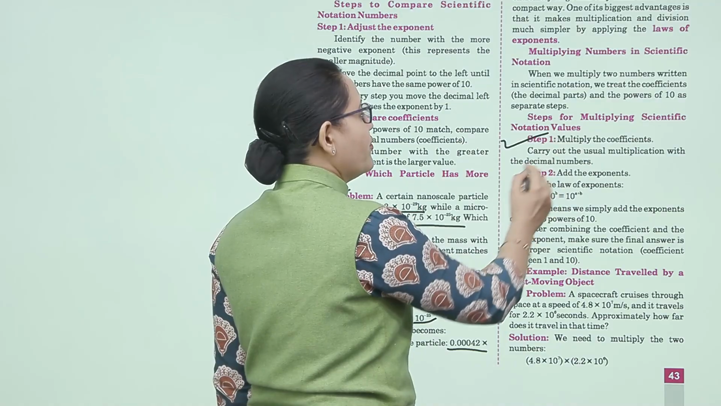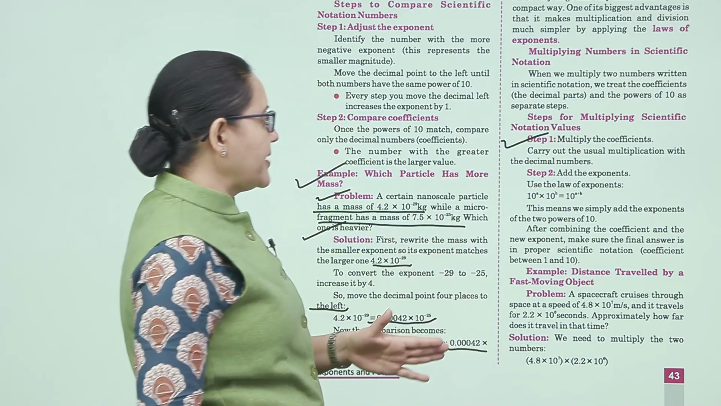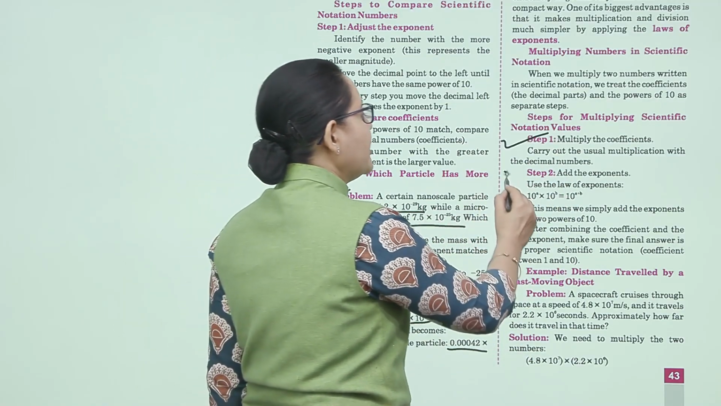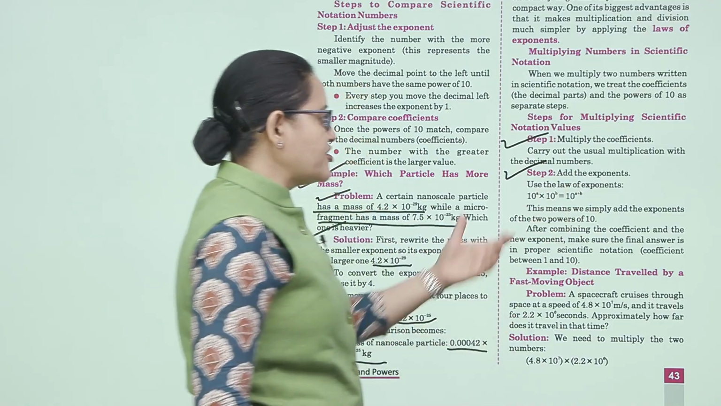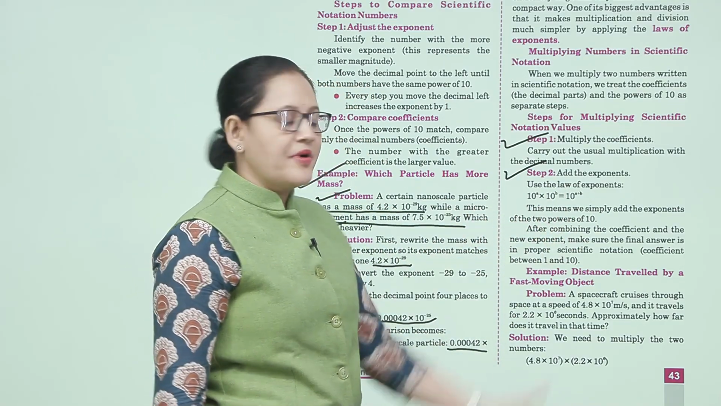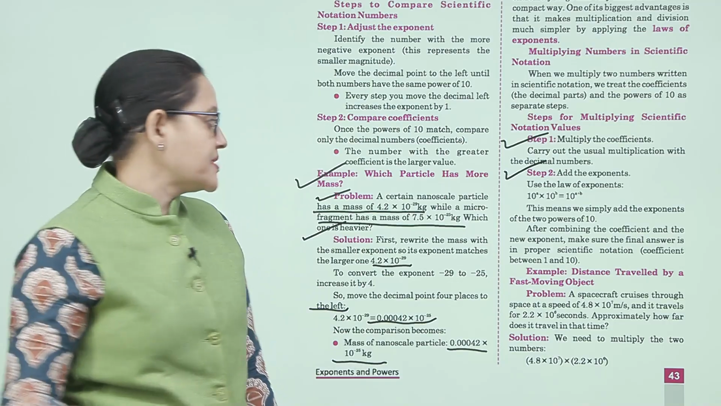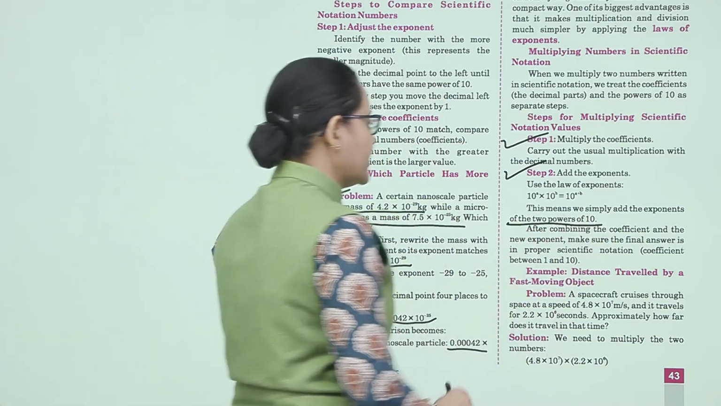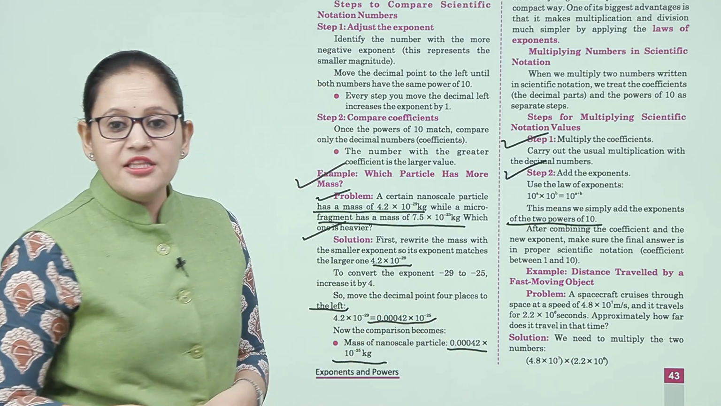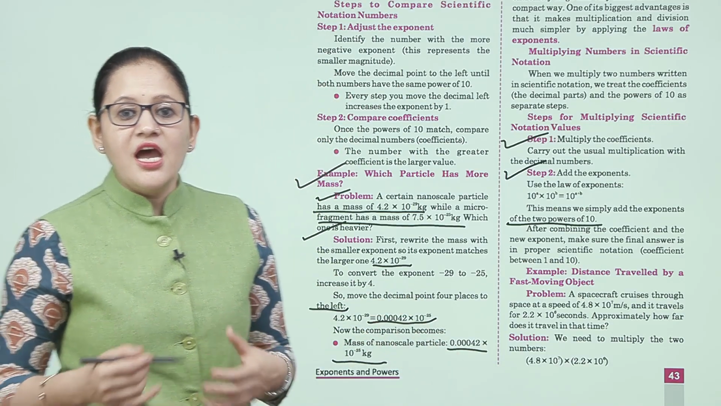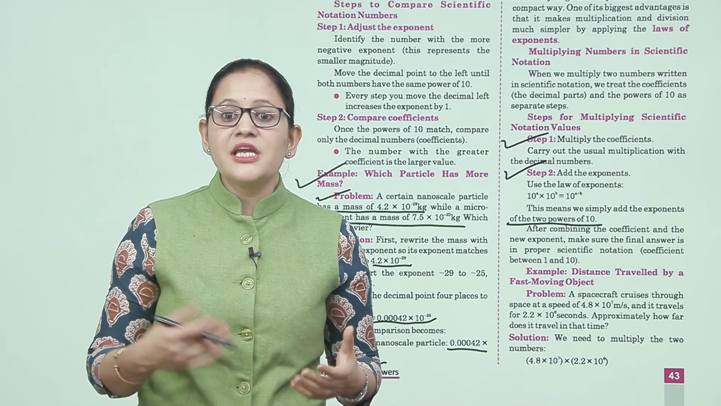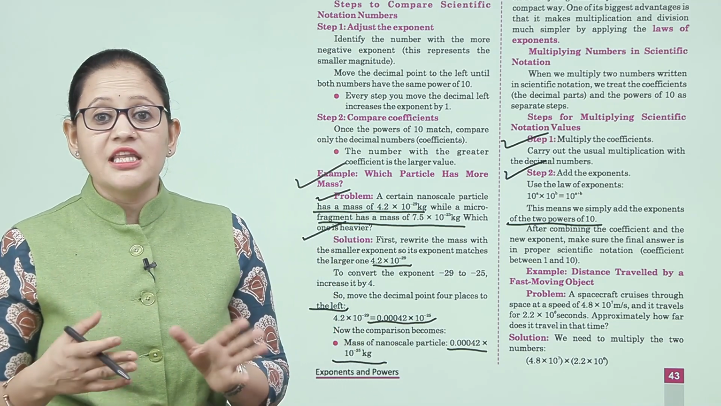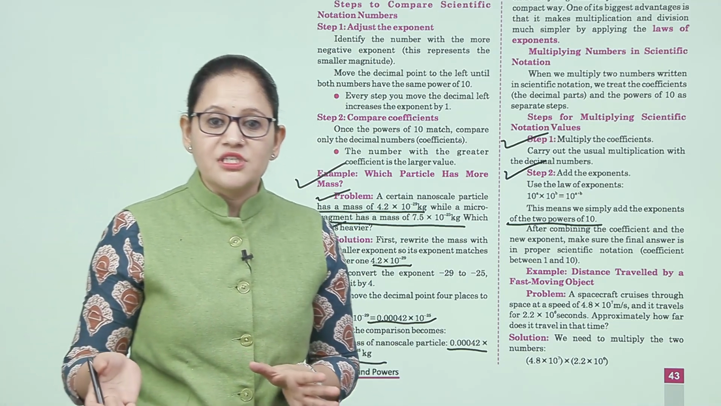Step 1, multiply the coefficients, carrying out the usual multiplication with the decimal numbers. Step 2, add the exponents, using the law of exponents: 10 to the power a multiplied by 10 to the power b equals 10 to the power a plus b. This means simply add the exponents of the two powers of 10. After combining the coefficient and the new exponent, make sure that the final answer is in proper scientific notation, with the coefficient